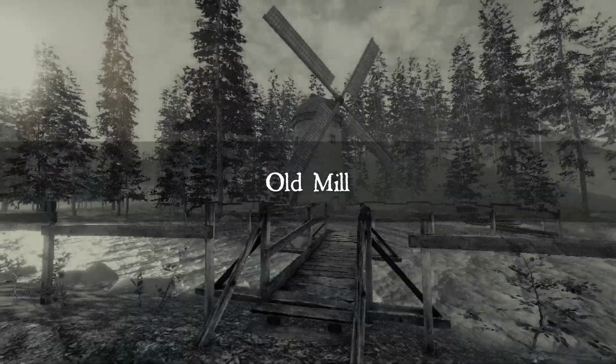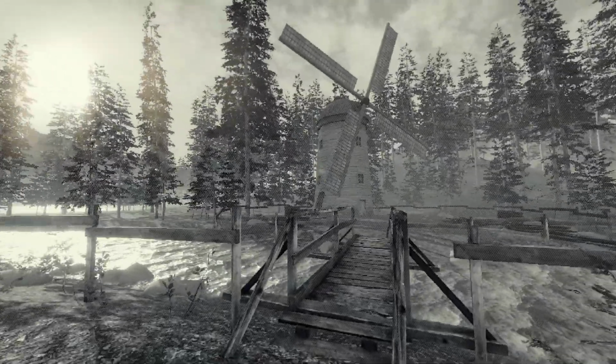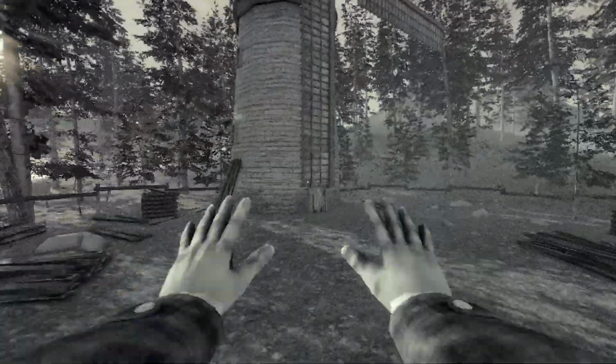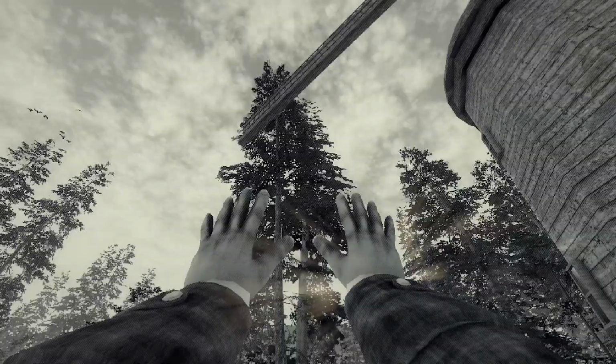And then once you go back to your cabin again, you get sent to the old mill, which is the windmill stage in the game. And this is where you see the first collectible. As far as I know, this is the only collectible in the demo, so I'm not very surprised. As you can see in the video, I just realized it was there, so I was pretty determined to grab it to see if there were any notable differences.